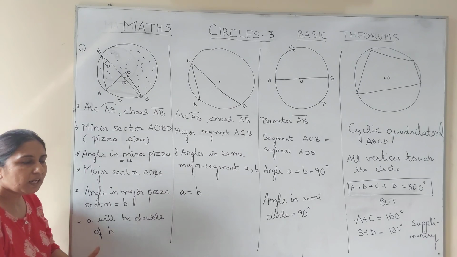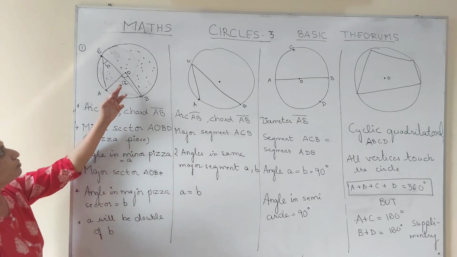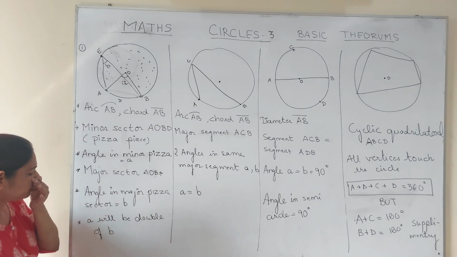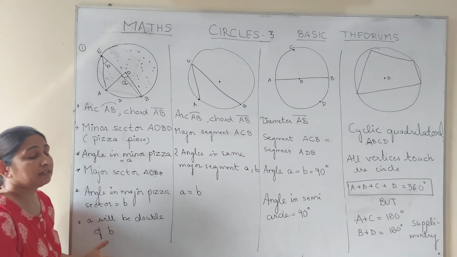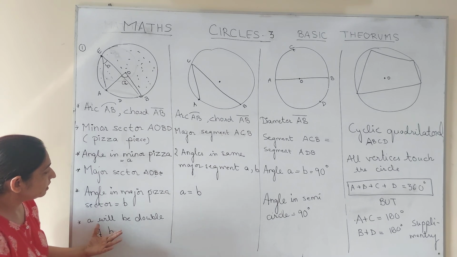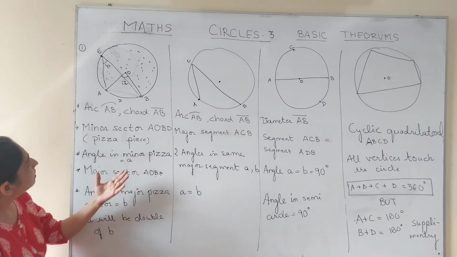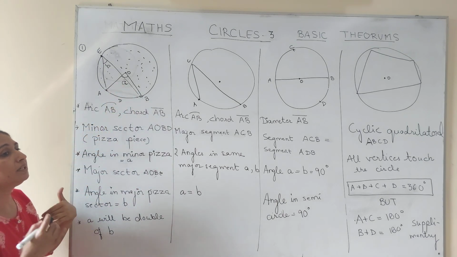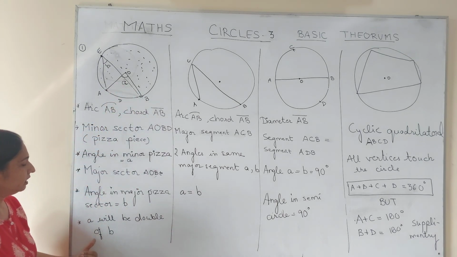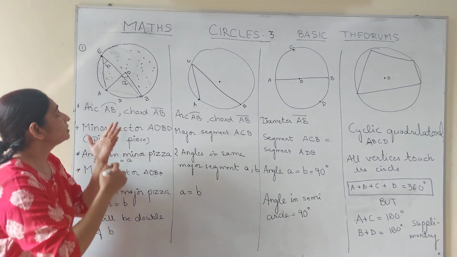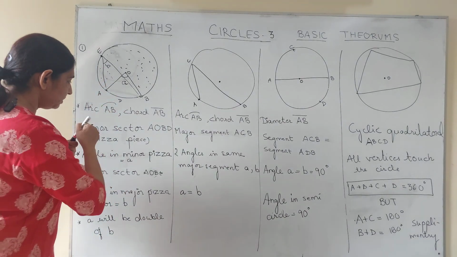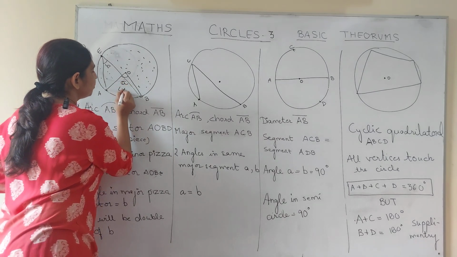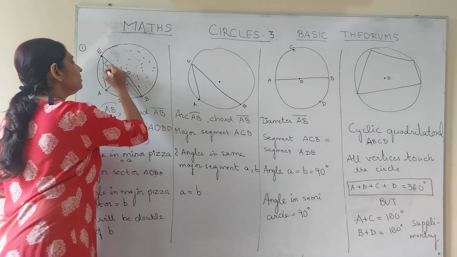Now, what happens in such a case? If you go to the teacher, you get the answer explained better. The angle A, the answer the teacher gave, will be double that of B. B will be smaller than A. Matlab agar hum isko, main AB ko to likhte rehne deti hoon, agar ye 40 hoga to yahan pe 20 hi hoga.